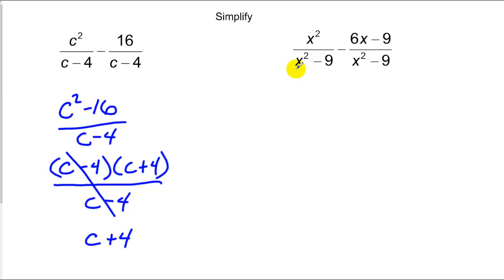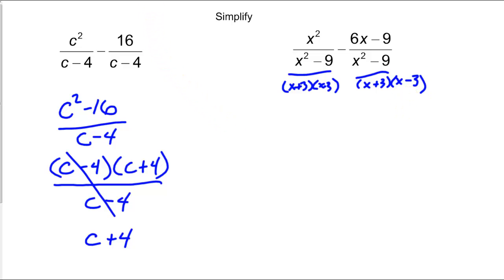Now in this next example, you'll notice you have common denominators of binomials which also have squared terms in them, and you'll also notice these terms factor. Whenever I have factorable terms in my denominator, I'm going to go ahead and try to factor first. So I notice in this case that I have an x plus 3 times an x minus 3, and like I said, these were already like terms, so I'm going to be able to go ahead and